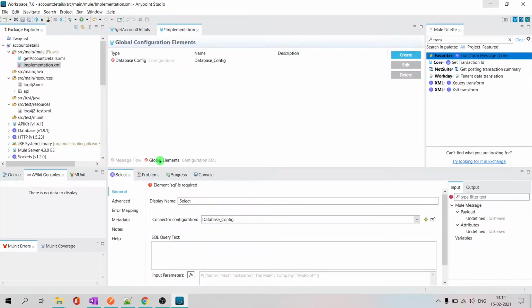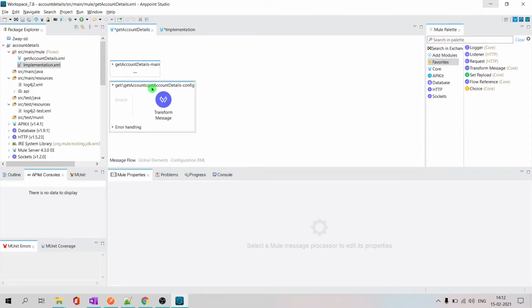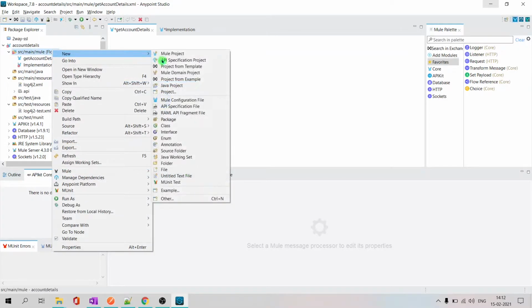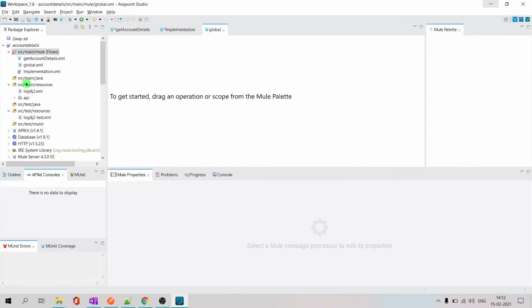You see that is added under implementation flow, right? Let's say there are too many resources, like you have get accounts, maybe something like post with create account or some other details, get address. So in this RAML, we may have more than 4 or 5 or even 10 resources. So you will have 10 implementation flows here, separate one for each resource. In that case, if you are searching for a particular connector configuration in future, you have to search in all those files, right? Instead, if you have a separate file, a separate Mule configuration file, call it global.xml,